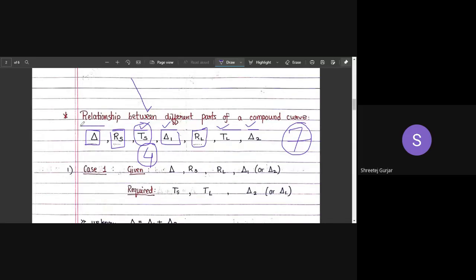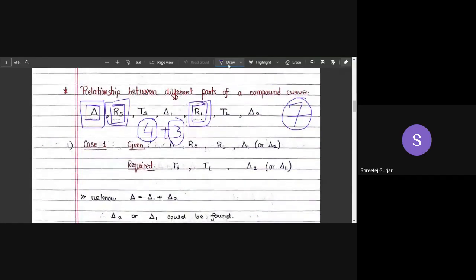So these three variables will always be there with us. These other variables will not be given to us. I have told you we need four variables, and the remaining three variables we can calculate. So we have three variables with us. One more variable can be any of these four which I have not marked. Depending upon which they provide us, we have to calculate the other three. So how many cases will we have? 1, 2, 3 and 4. We will have four cases. So you have to study all those cases and how to determine all the elements using various relations.